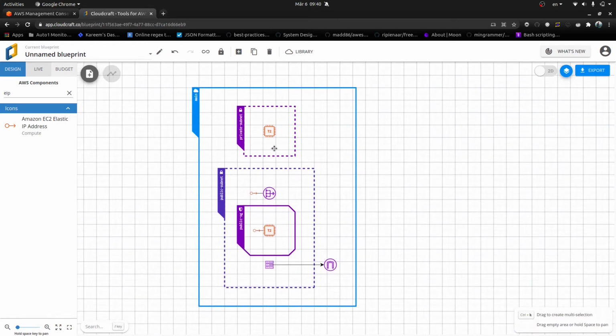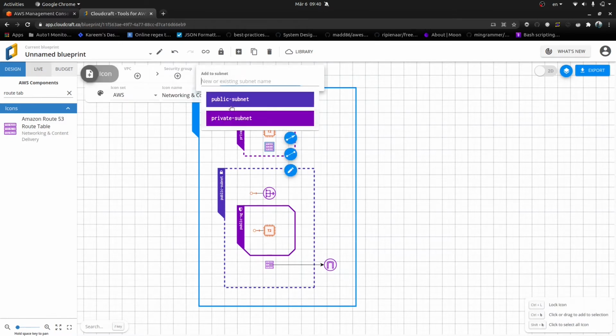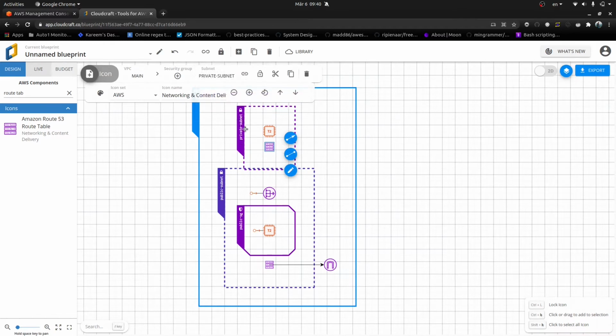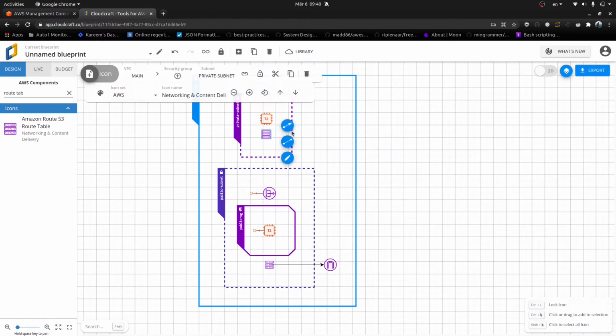And to continue set up my private subnet, I'm going to create a route table and associate it with this private subnet instead of the main route table. And this route table will route all traffic to this NAT gateway.